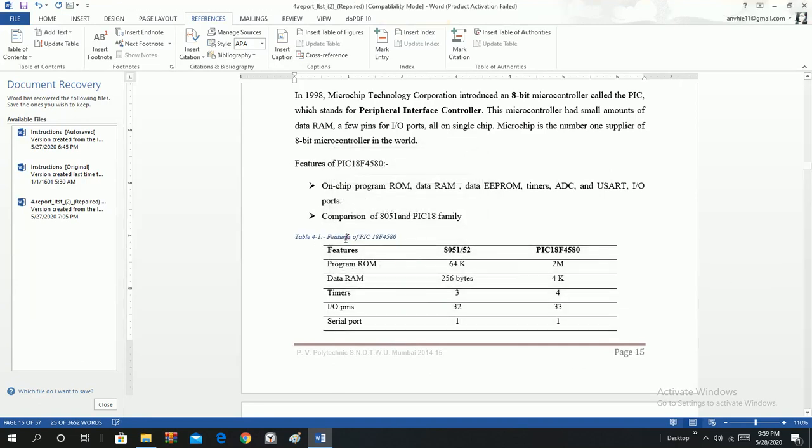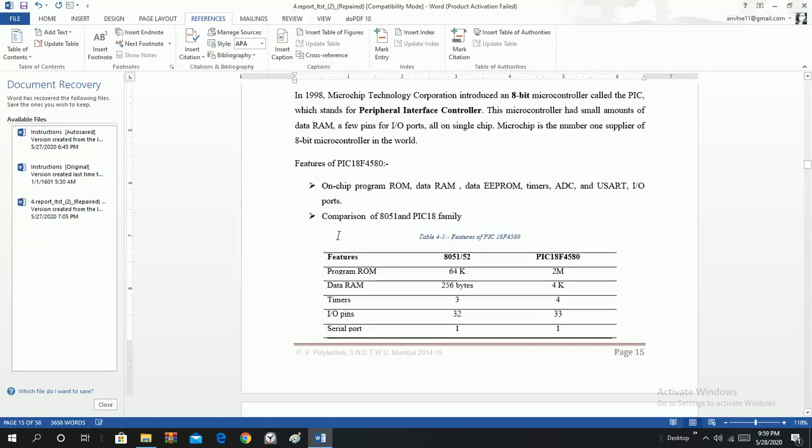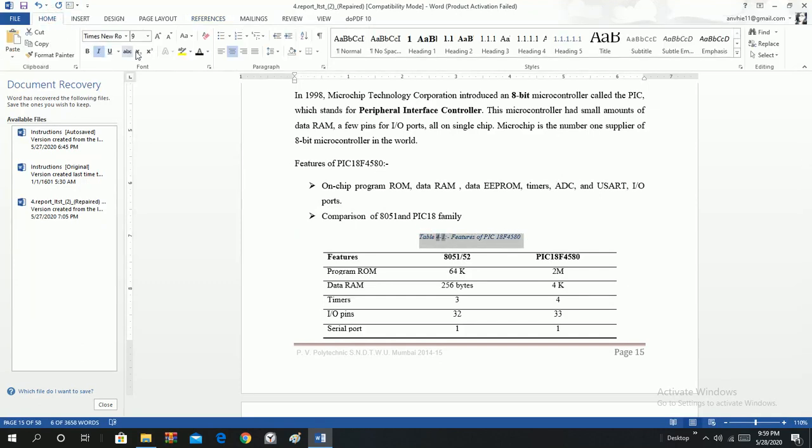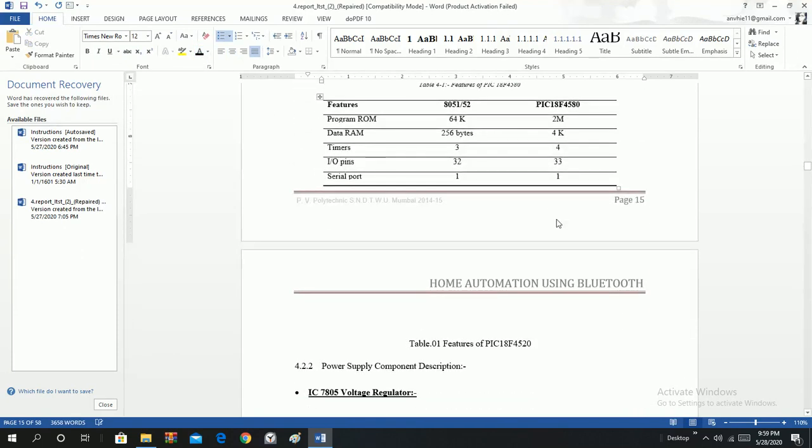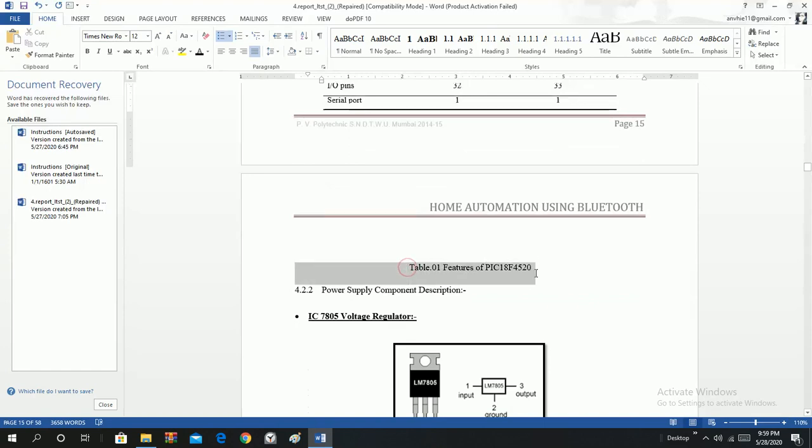We want this to appear in the center. We may have to change the style, we may have to make the style automatic. And this is an excess thing, we have removed it.